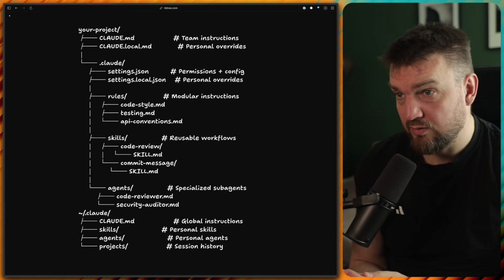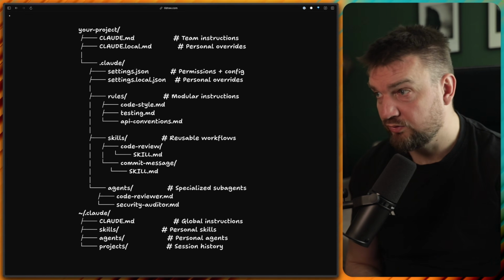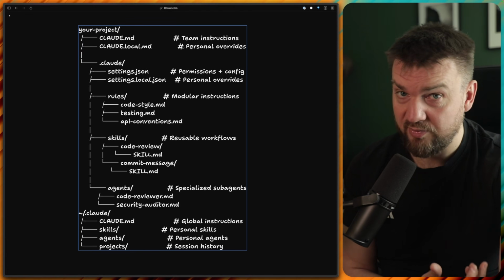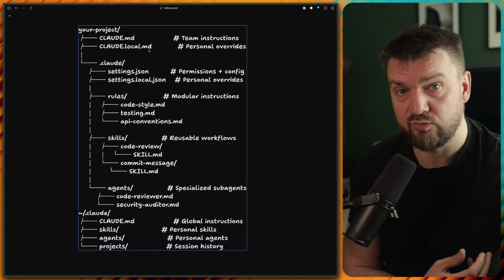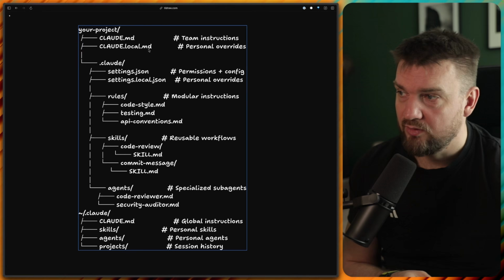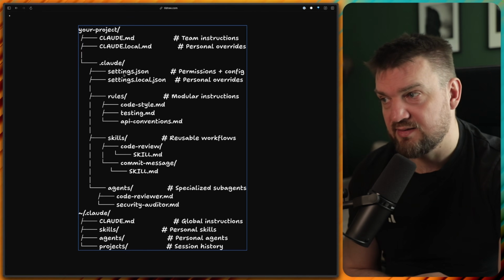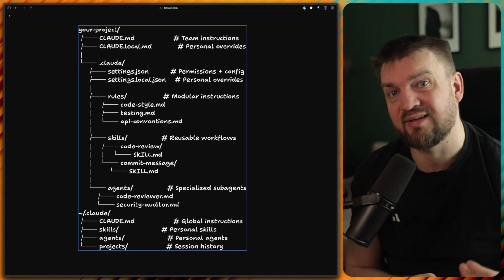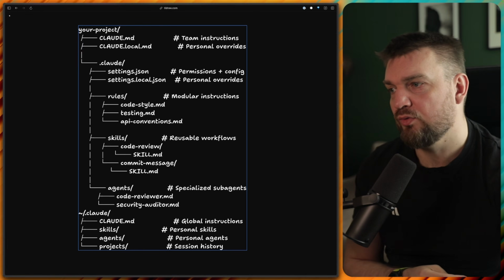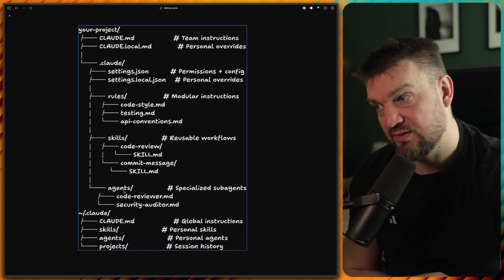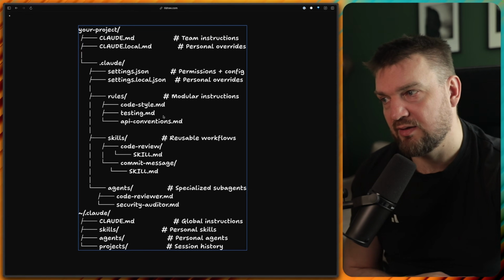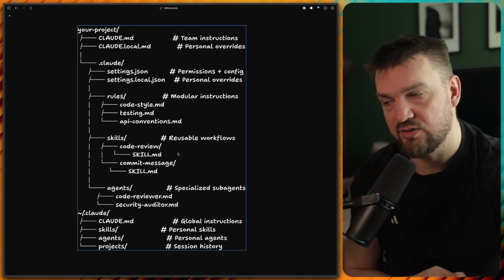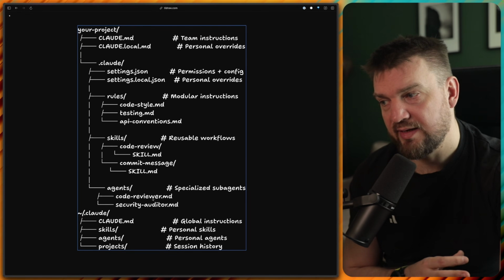There is a full picture from part 1 to part 2. You have your project, you have your global team instructions in Claude.md, you have your local personal overrides in Claude.local.md, which will not be added to GitHub. You have your .claude/settings and local settings, similar to the instructions. You can have your local settings, which will not be added to the repository. And you have rules, skills, and agents, which are project related. You can have CLAUDE.md in rules, testing. You can have skills like code review, commit message for a given project, and also agents like code reviewer and security